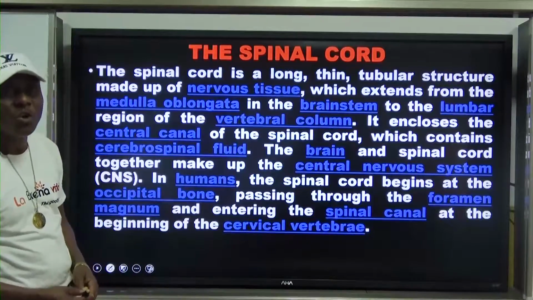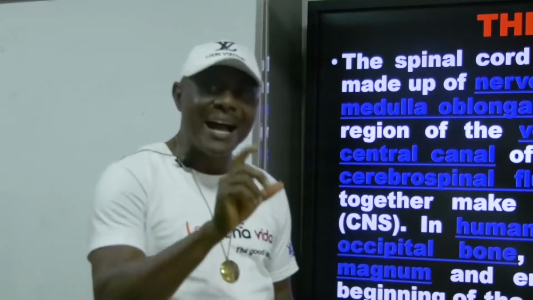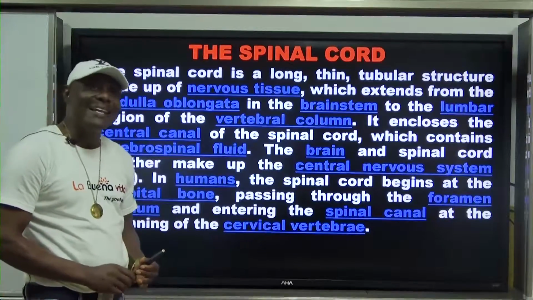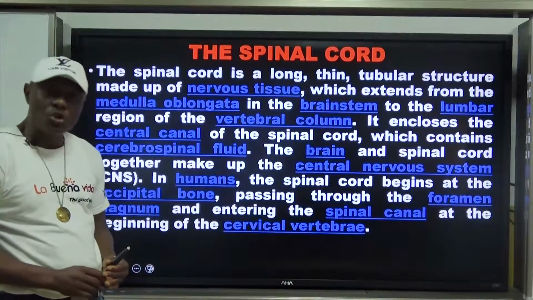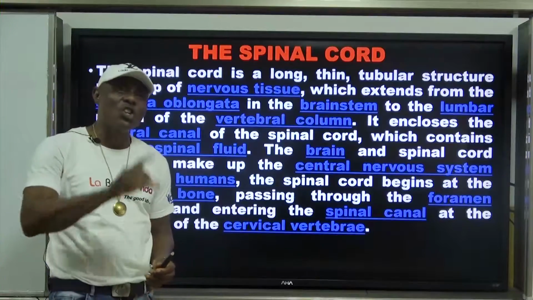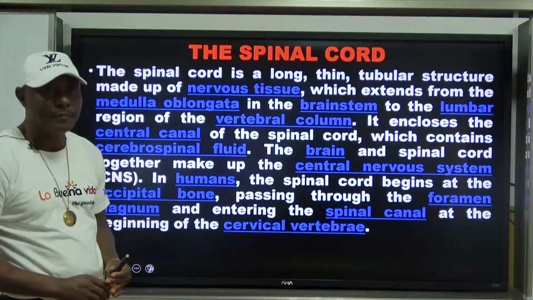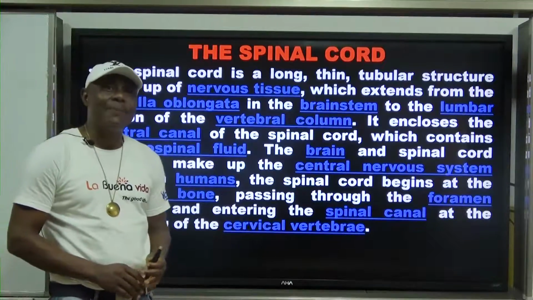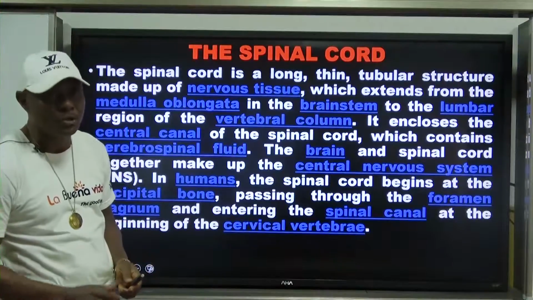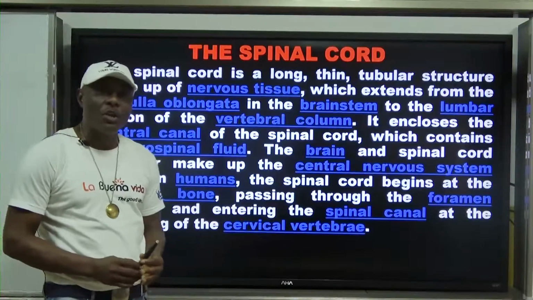We also have the spinal cord. The spinal cord is seen as an elongated cylindrical structure that runs through the neural arc of the vertebrate column. That is the spinal cord. It is a continuation of the brain starting from the hindbrain, the medulla oblongata of the hindbrain. The spinal cord is protected by the vertebrate column. The spinal cord is not the vertebrate column. Some people will say the spinal cord is the backbone. No, the spinal cord is not the backbone.